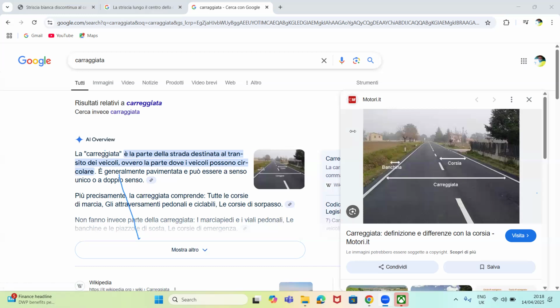Let me call that person. Mr. Ifeanyi, good evening, sir. This is a situation of doppio senso with the discontinuous line. That's the situation I just taught, the last of the three examples. In a situation of doppio senso with a discontinuous line in the center of the carreggiata, I want to turn to my left. How do I turn to my left, sir? You go to the middle of the line.